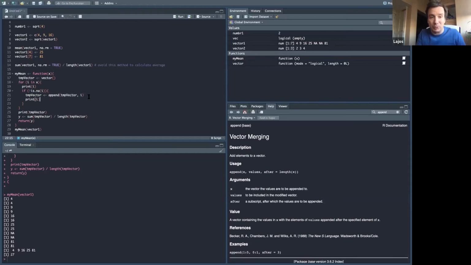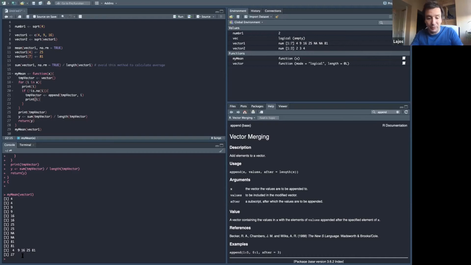In this case, it doesn't modify your TMP vector, it just puts together, and if you want that merged thing together, you have to assign it to another variable or the same. And this is again something that is a bit strange here, I think. It was very strange for me when I started programming, and I will just show it on the console with some